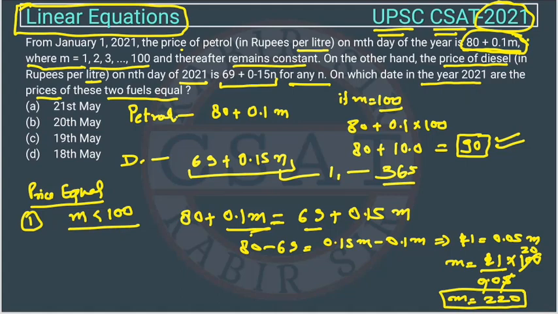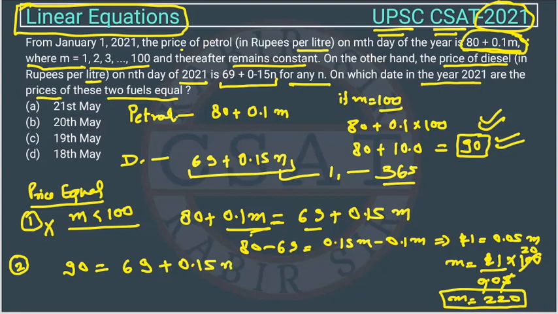It means that the price is becoming equal on a day which is more than 100 days, right? So in the second case we are assuming the days are more than 100. In that case the petrol price is fixed: petrol price will be 90 on the 100th day or above. So the petrol price is 90 and it is equal to the diesel price. So diesel price is 69 plus 0.15,